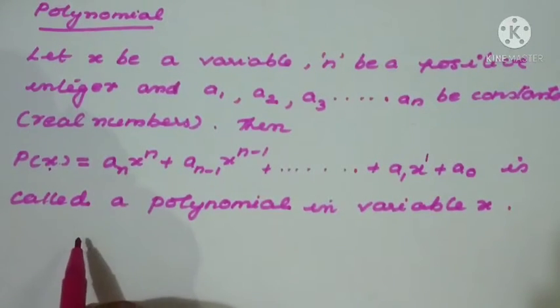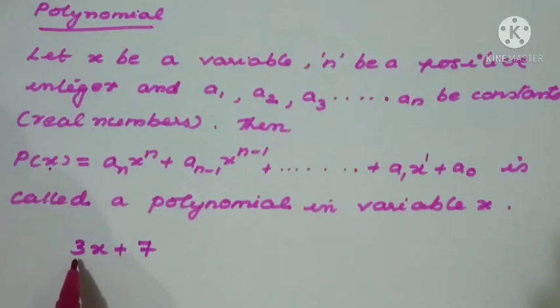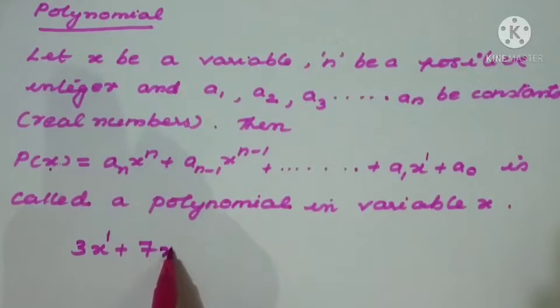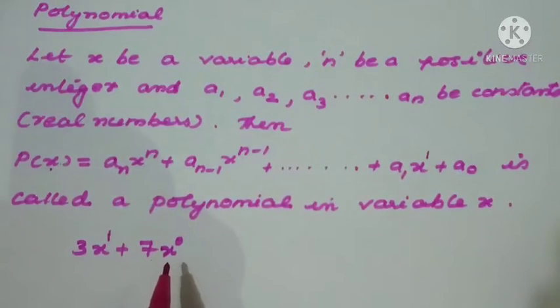See, when we are taking 3x plus 7, here 3 and 7 are constants, that is real numbers. And what is the power of x? Power of x is 1 only, so it is a positive value. So positive integers they can take only, so that means positive values, or we can say whole numbers. Why whole numbers? Here I can write x raised to 0 also. x raised to 0, the value is 1 only, but x raised to 0 is also present here. This shows that the power of x can be taken only as whole numbers.